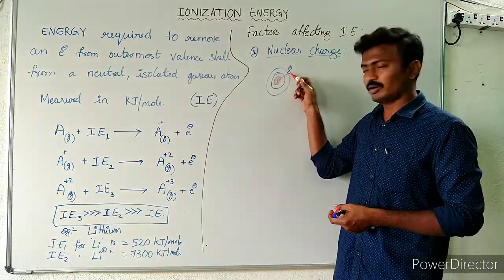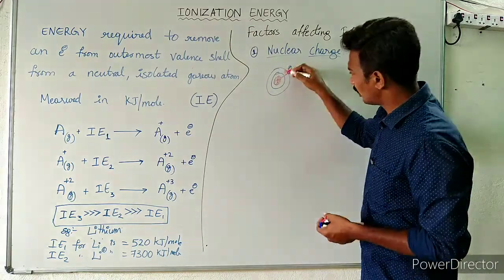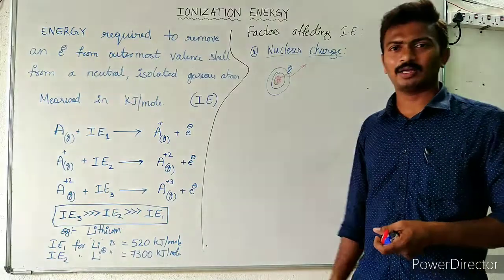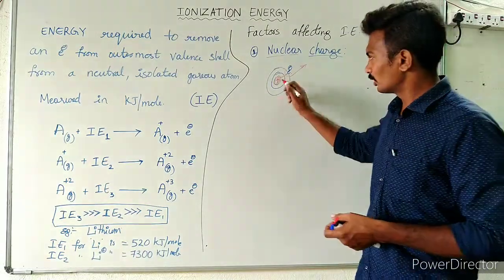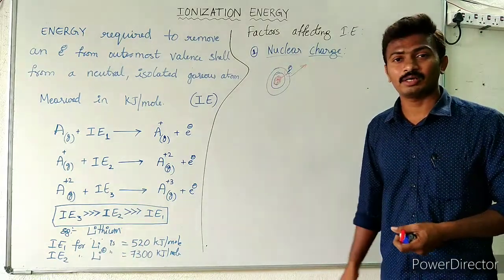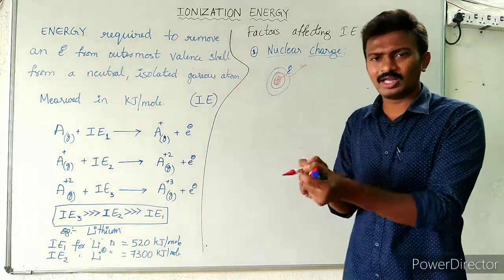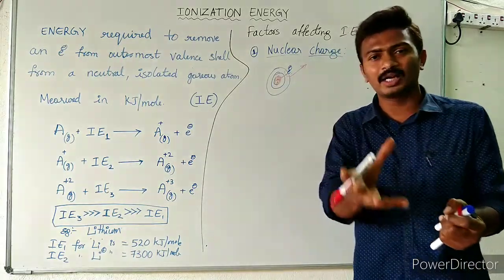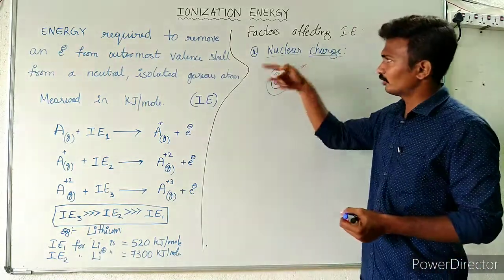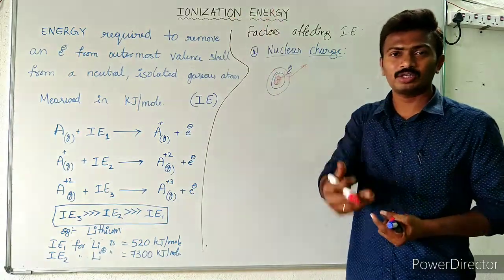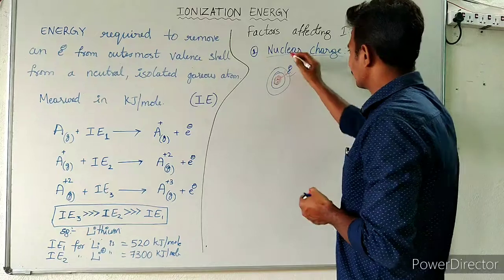So this positive charge will have a strong attraction on the electrons. So this valence electron will be pulled by this. So removal of this will depend on how much nuclear charge that particular element possesses. So greater the nuclear charge, what happens? Greater the amount of energy required. It holds the electron strongly, which means to remove that electron we need to provide greater energy, right? Greater energy means nothing but ionization energy. More ionization energy will be required here.